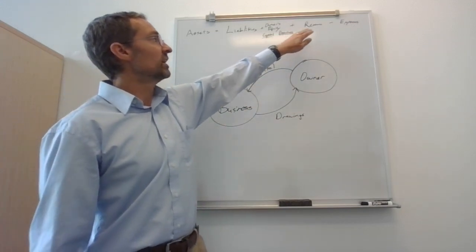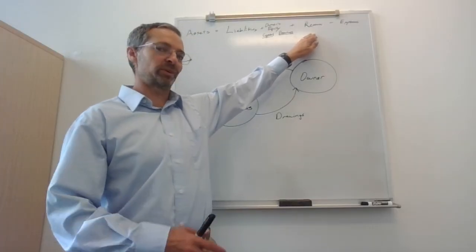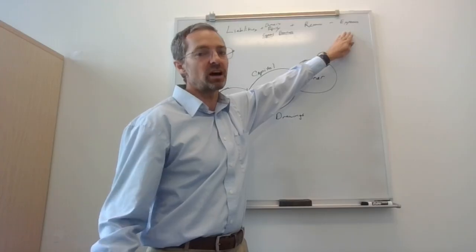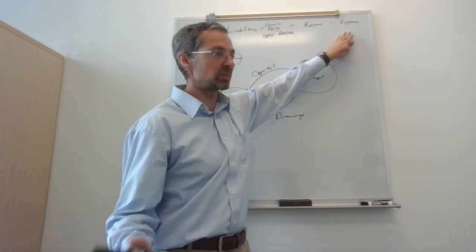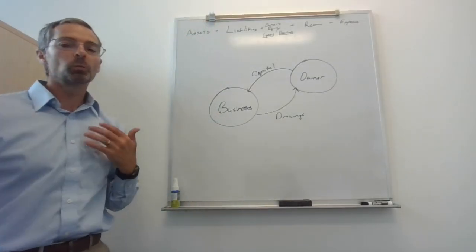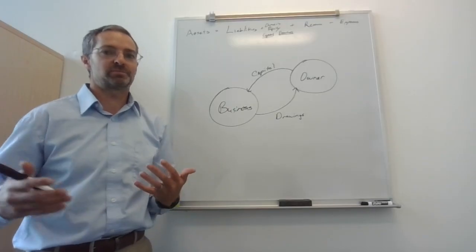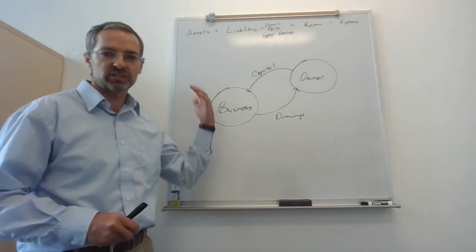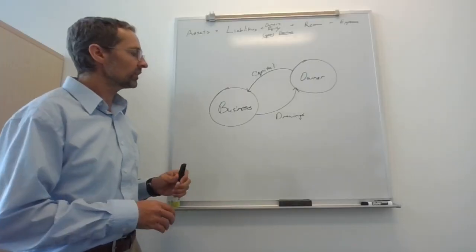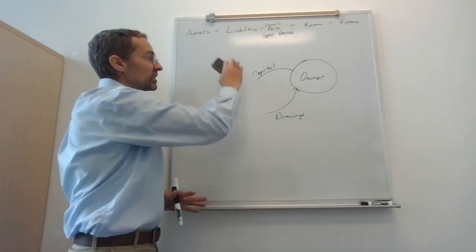So ask yourself that. Revenues, did we do some work? Did we earn some money? Whether or not we've been paid, we don't care. Or did we use up some more resources? Often that's cash, but did we use something up? And that would be an expense. So when we are looking at a transaction, and a transaction is simply something happened in the business. We'll go through several examples here of things happening in the business and see how that affects the accounting equation and where we put things.